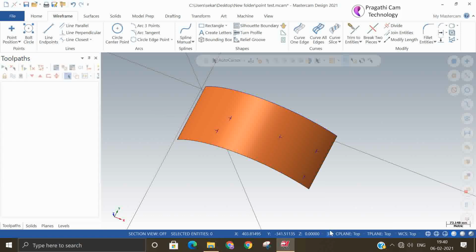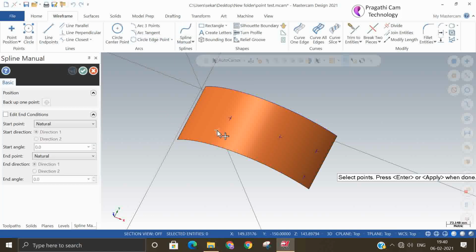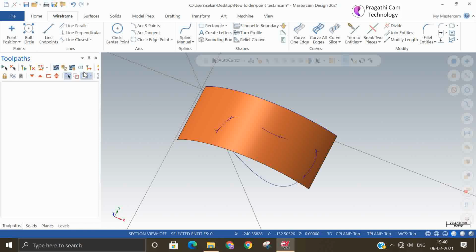So now I will make it 3D. I will make one small spline here by connecting the existing spline. Okay, by connecting the existing spline, I have made one spline here, but it is going a little out.